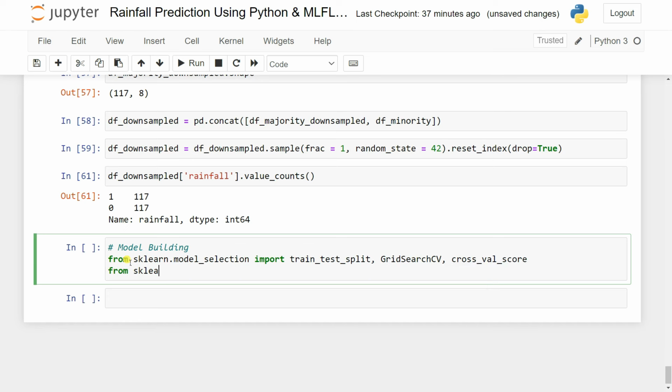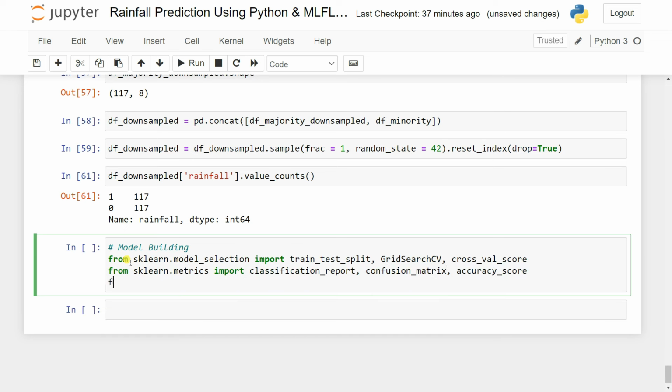Then from sklearn.metrics, we can import the classification_report, the confusion_matrix, and the accuracy_score. And then from sklearn